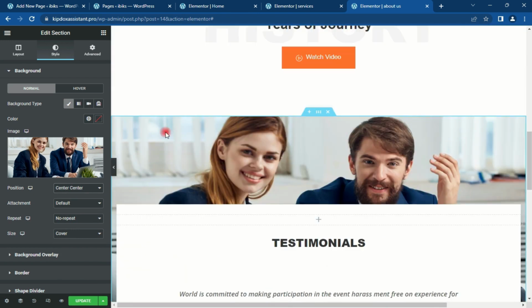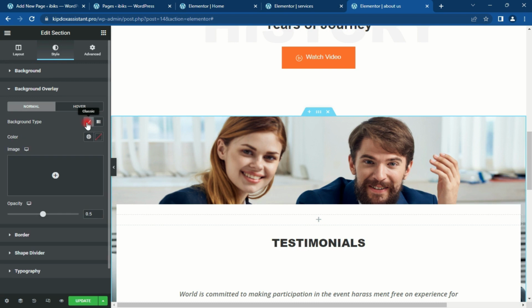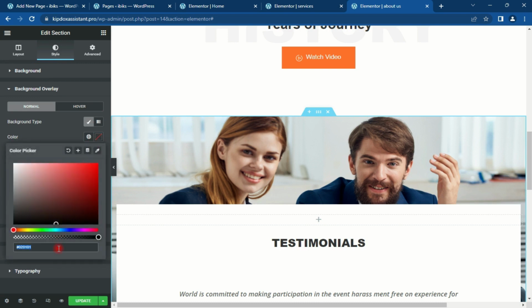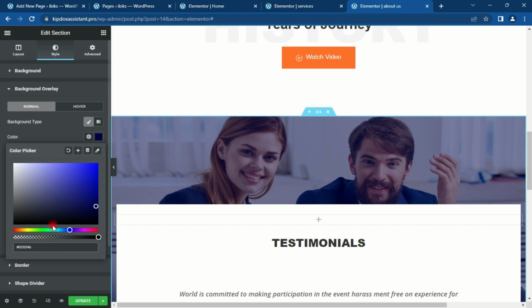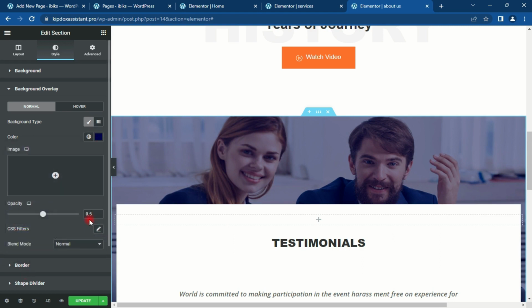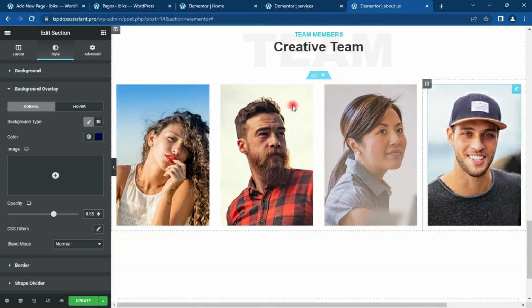We can use our overlay to be 0.6. Let's use our blue. Yeah. Now let's use 0.65. Yeah, this is good. So we can change this to our